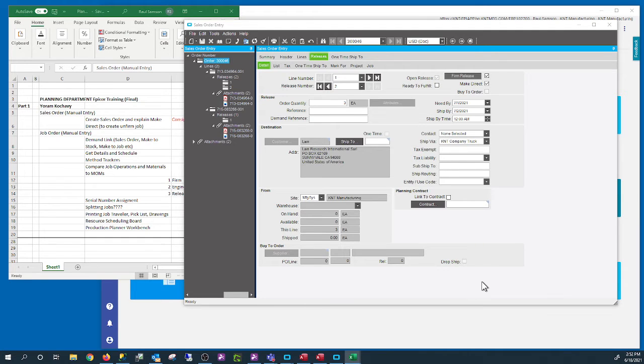When we have an expedite fee in the sales orders, is it a new line or a miscellaneous charge? Typically, it's a miscellaneous charge. I mean, you can have it either way, but I would say typically it would be a miscellaneous charge.